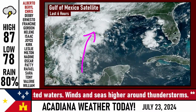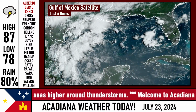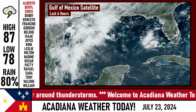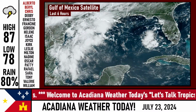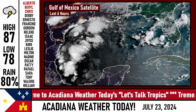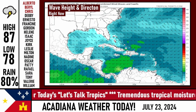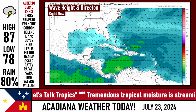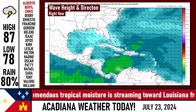Now, this is not going to be tropical in nature, even though you've got a lot of thunderstorm activity on the western side of the Gulf. This would be a normal place you would see this type of development, but this really isn't looking too interesting other than the moisture kind of rolling northward. And as far as the wave heights for our friends that are working in the offshore waters, you're probably looking at about 1 to 3 foot seas, maybe some 4 to 5 around the bigger thunderstorms,